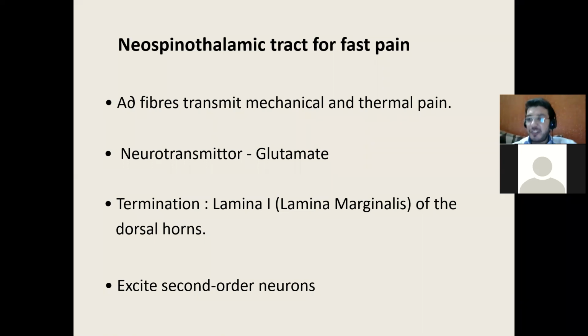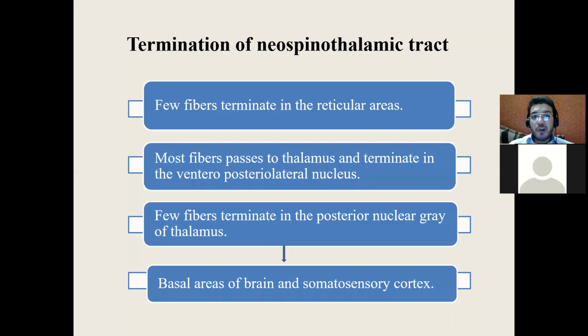Can you imagine the first figure which I showed you, blue and red? The red was crossing the spinal cord. From the left, it went to the right, which happens because of the glutamic acid neurotransmitter, which is sending the impulse from the primary to the secondary. And there, the junction is at lamina 1 of the dorsal horn. Dorsal horn means gray matter. Gray matter means I'm talking about the spinal cord. From there, the second order neurons go.